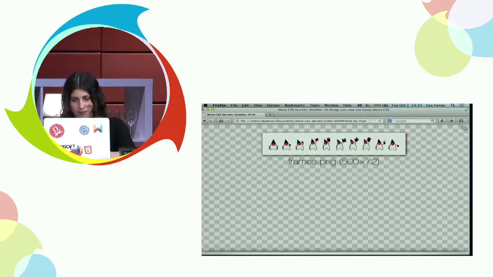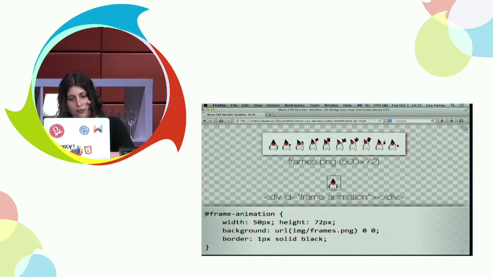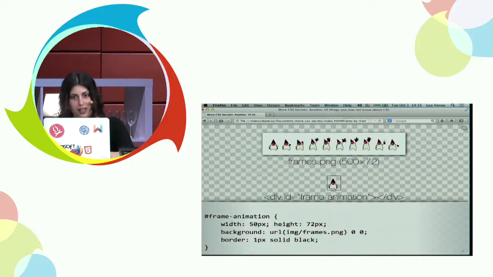So, we have a frames PNG, 500 pixels long, and we have this div that's 50 pixels long. This is the CSS that applies to it. I'm sorry I'm speaking really fast, but otherwise I would just have to jump to the end. So we can see that if we change the background position here, we see different frames. But if we want to do a keyframe animation on this,